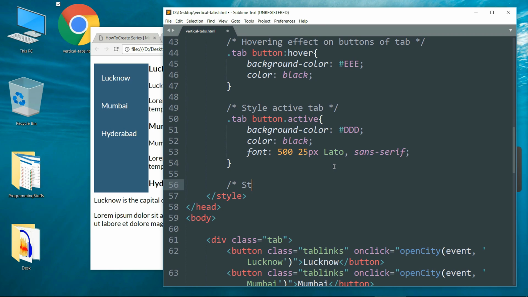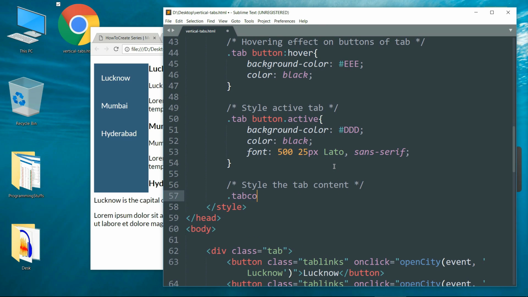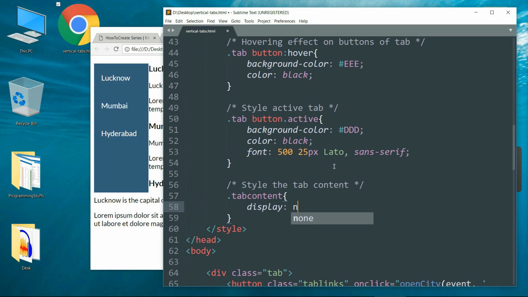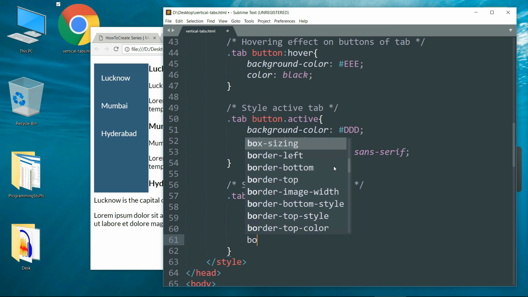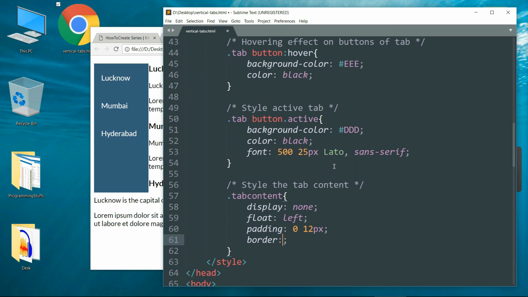Now let's hide all of the tab contents and display only the one that we want. Write dot tab content and display as none and float as left. Padding 0 12 pixels. Then border 1 pixel solid hash DDD. Width